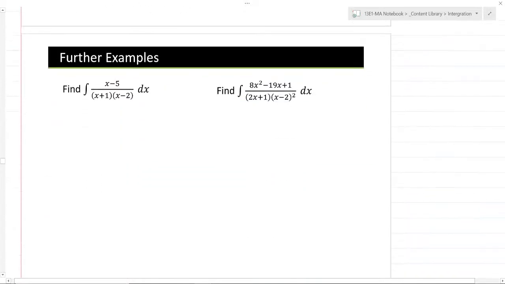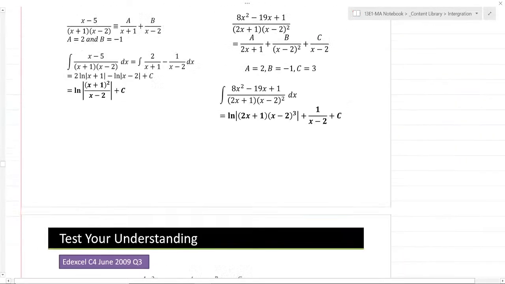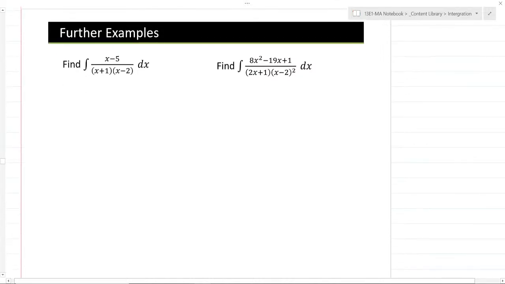So we've got another example here. I think we have actually got a test your understanding down here, but I think we should probably be able to do that one on the left. Do you want to have a little go at that one on the left yourself? And then I'll do the one on the right in a second, because I think that one's a little bit harder. We've just got to think about that repeated root, haven't we? We should know how to do that by now, but